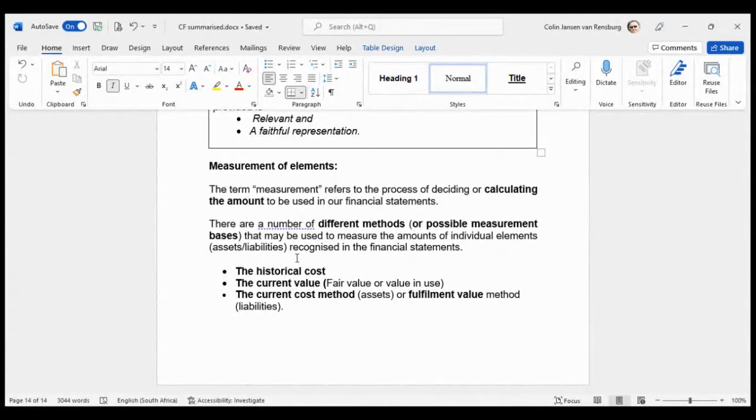Then, ladies and gentlemen, the other possibility is a current value. And there they actually split it up into two possibilities when it comes to a current value, either a fair value or its value in use. So perhaps let's just discuss that. What is meant by its fair value, ladies and gentlemen? Its fair value is what you can sell it